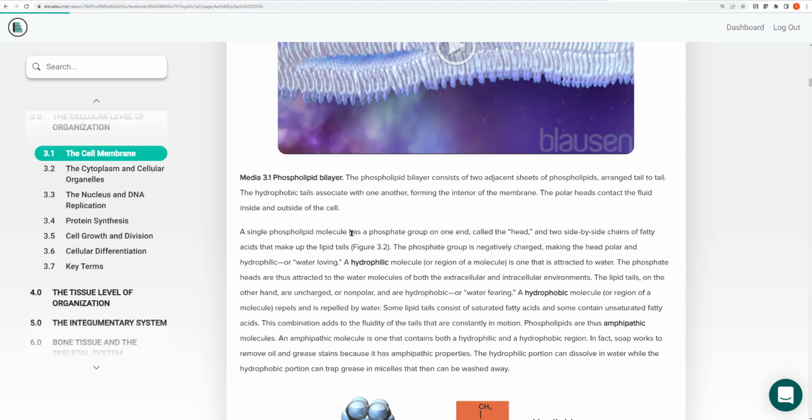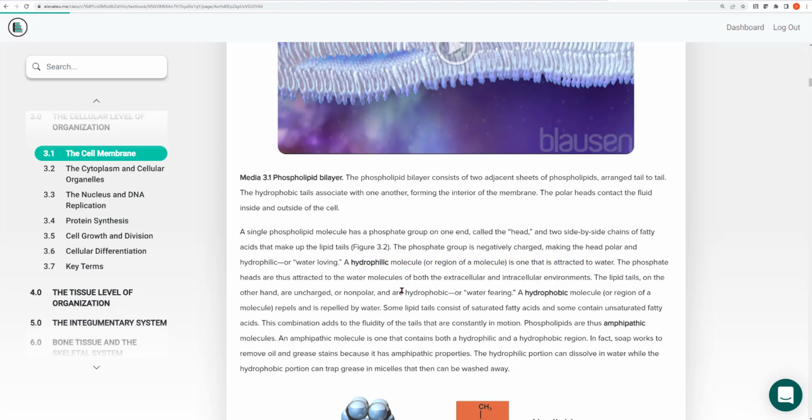Now, what is a phospholipid molecule? These molecules are really cool in that they have two characteristics to them. One side of the molecule, the phosphate group side, is negatively charged and is said to be hydrophilic. Hydrophilic is a term that means water-loving. Hydro for water, philic for an affinity for or a love of. What's cool about hydrophilic molecules is that they are attracted to and interact with water, right? So hydrophilic molecules are attracted to water.